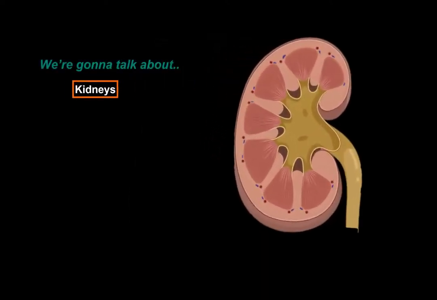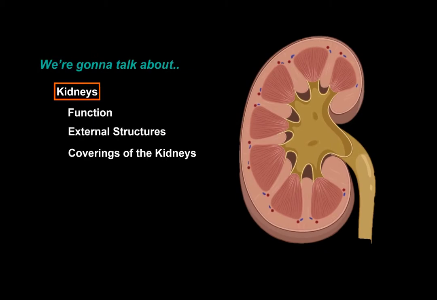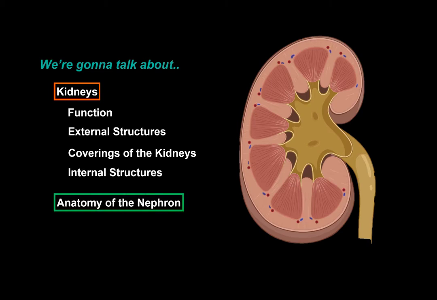start with the kidneys. So in this video, we're first going to talk about the functions of the kidneys. Then we will talk about the external structures and the coverings of the kidneys. After that, we will open the kidneys and cover the internal structures. When we're done with the kidneys, we will talk about the general anatomy of the nephron, which is the functional